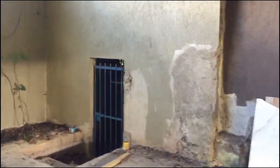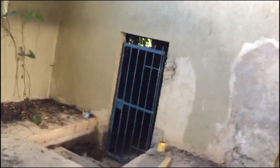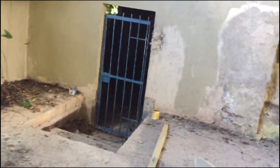This almost looks like a prison. I'm sorry. The way it looks is almost like the original house. Wow. And these cows are just...